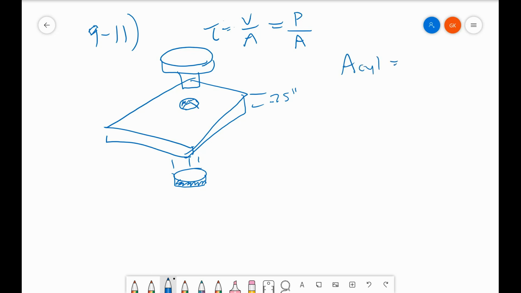is going to be equal to pi times the diameter times the height. In this case, the height is termed thickness, which is 0.25 inches. And so it would be pi times the diameter times the thickness. So this is our area in this particular problem. When you hear punching shear, make sure you understand what shape is being punched out, and look for the area that's been revealed. The area that's been revealed is the important area. Okay,